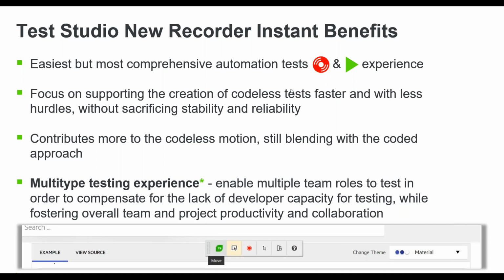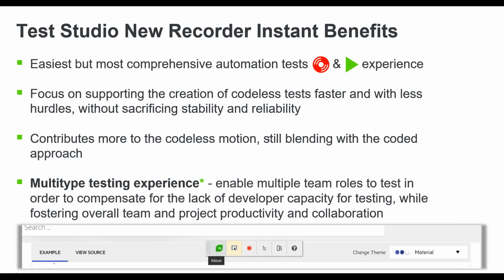At this time, you don't need any advanced coding skills to achieve that. Like that, you can focus on supporting and creating such codeless tests much quicker with fewer obstacles, so that you don't have to sacrifice the stability and reliability of the current testing projects, which ultimately, again, saves you time and decreases